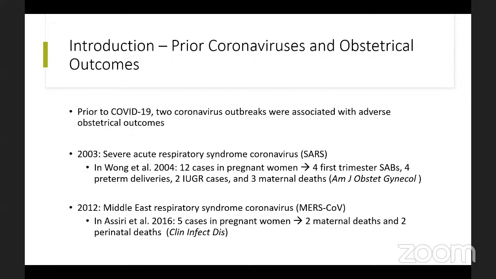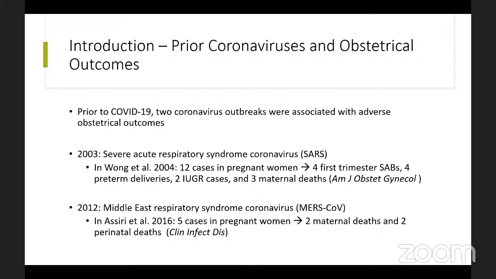In one particular study from 2003 that looked at 12 cases of pregnant women with SARS, the results were that 4 ended in first trimester spontaneous abortions, 4 resulted in preterm deliveries. There were 2 examples of IUGR cases and 3 maternal deaths. So at minimum, we knew that there were poor both maternal and perinatal outcomes in at least a subset of